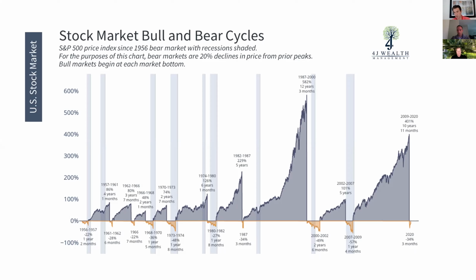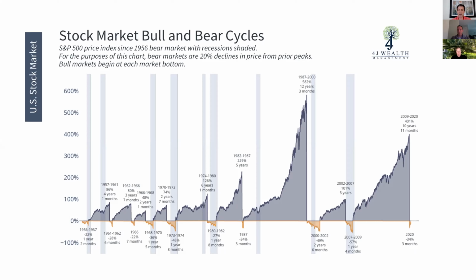I mean, let's just look most recently. The returns from the bottom of 2009 through the peak of 2020 was a 400% return in stocks. So, I don't remember many people talking year after year about this incredible run we've had and the progress rate. In fact, most people talked about 2012. There was the fiscal cliff scare.